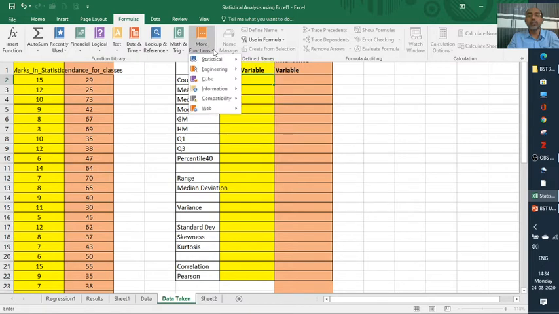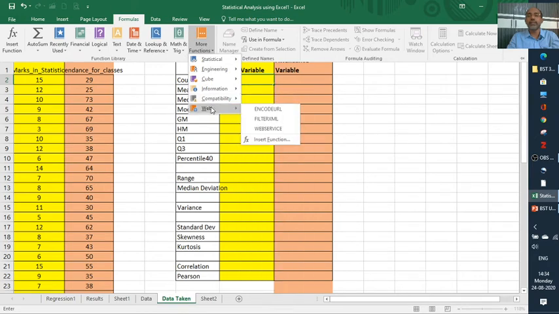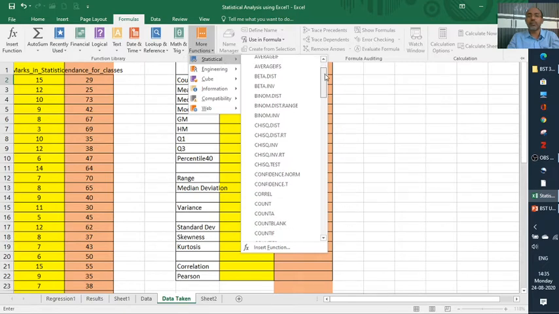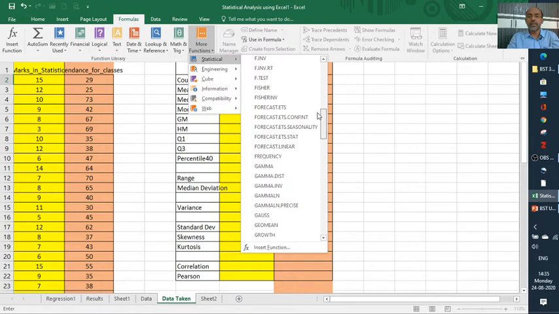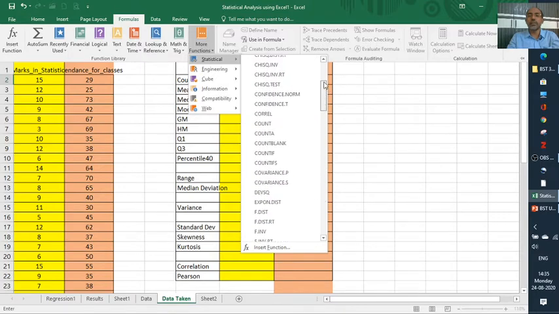Under more functions we have statistical, engineering, cube, information, compatibility, web, etc. We want only statistical. There are a lot of functions available.